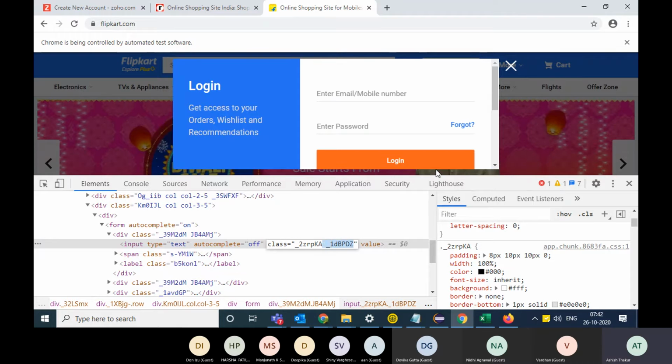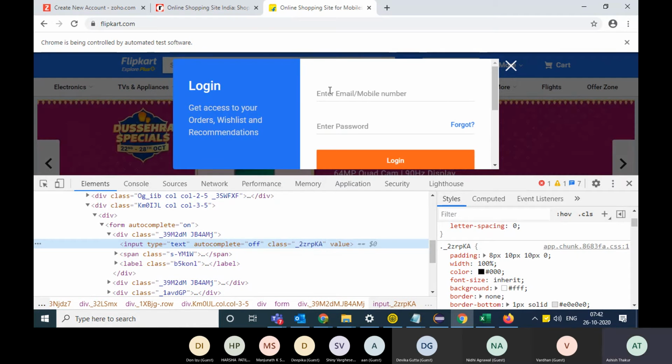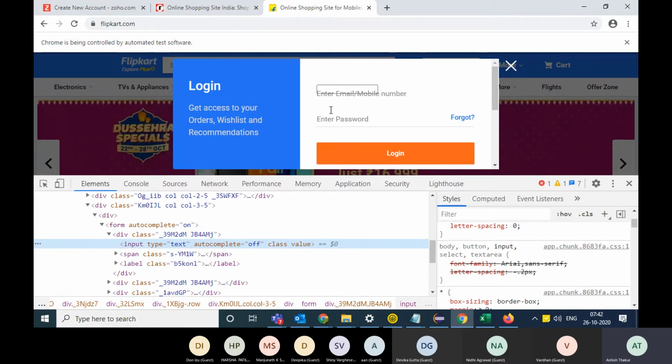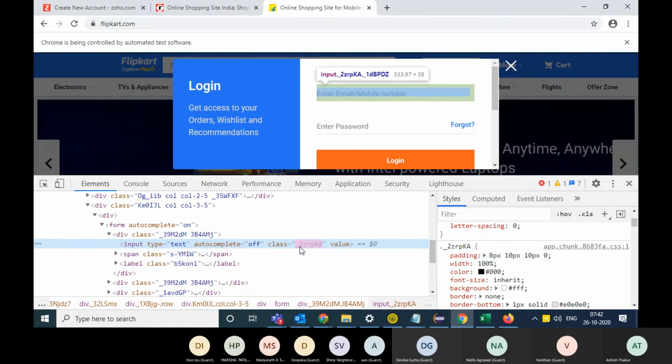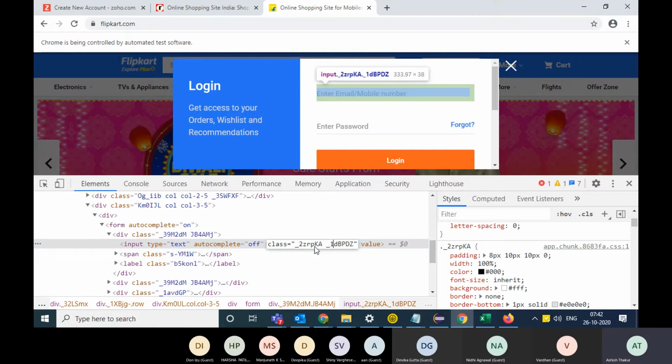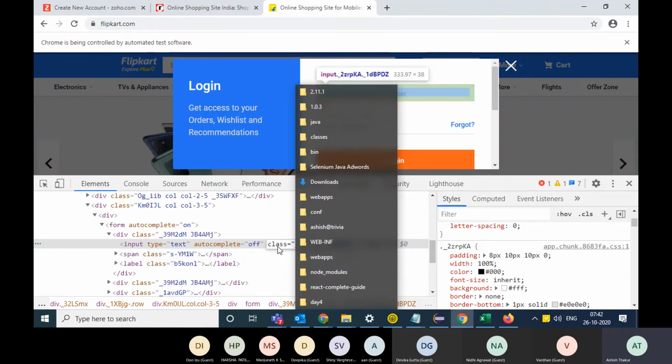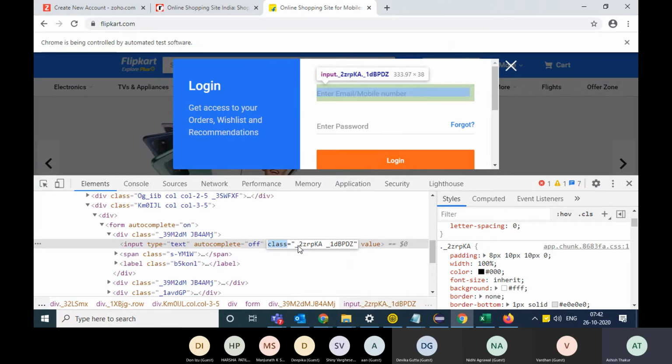If I remove one of them from here, the element would change a little bit. If I remove both of them, you see the email field has completely gone for a toss. So there are two different class names for this element in this class attribute.